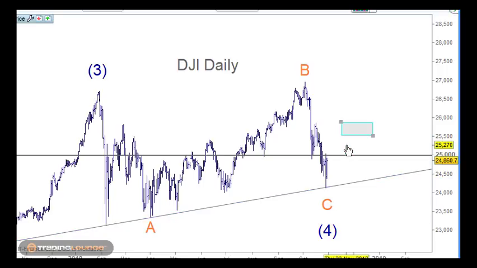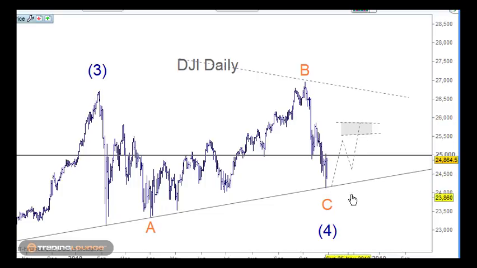So of course this could turn into a larger, we've got this line coming through here. We could have this as a triangle pattern coming through here as well. But we could also be finished here on this low. But in either case, in a lot of these indices, we'll probably see moves up in one way or another to the 61.8% mark. And one of the interesting things about this, if it's going to be a corrective wave up, this little box is important, because what I normally find is that